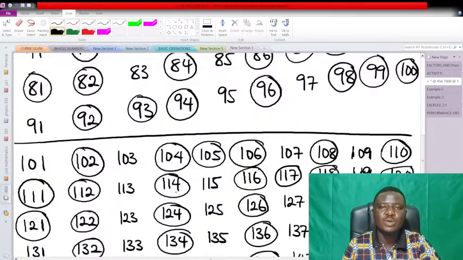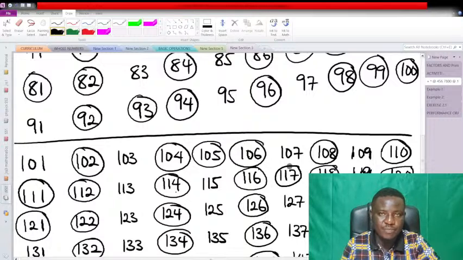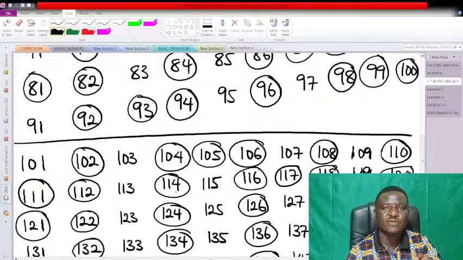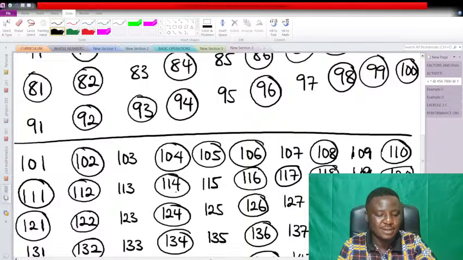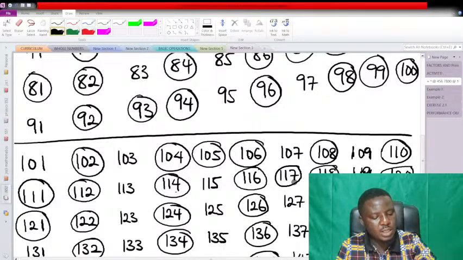Now, for you to know the multiples of 3, if you add up all the digits in that number, it should give you a number that is divisible by 3. For example, 119. If you add up 1 plus 1 plus 7, it gives you 9, and 9 is a multiple of 3. So that's how you can know if a number is a multiple of 3. So 117,